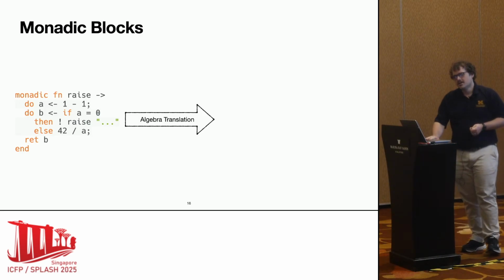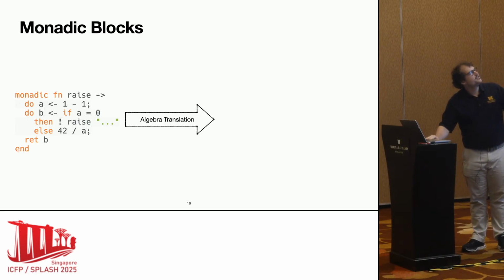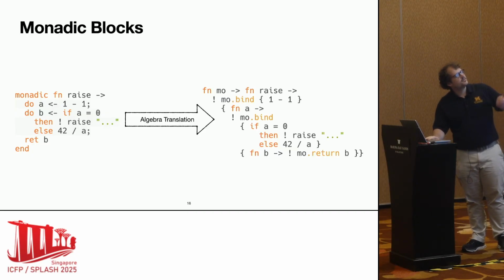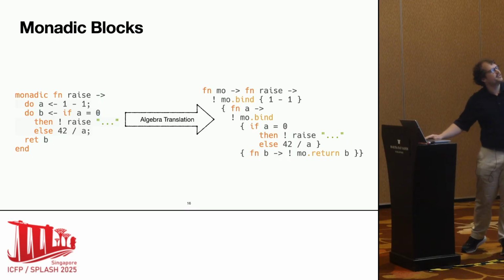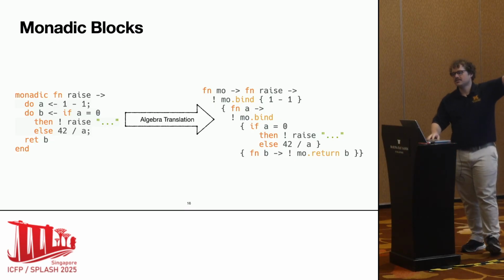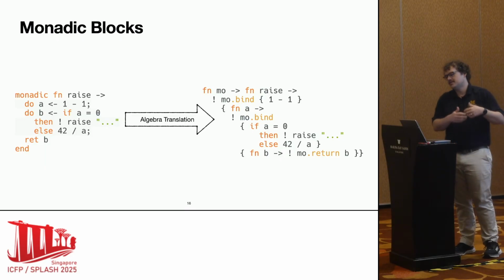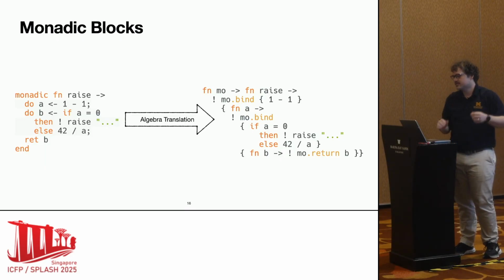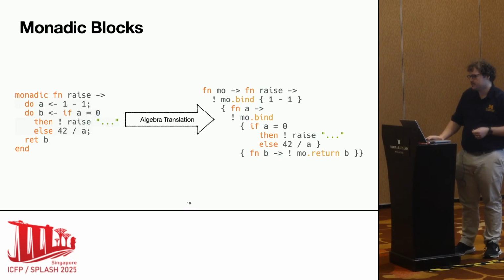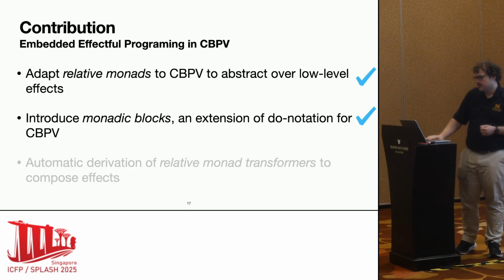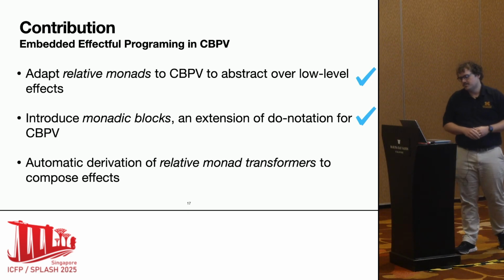Okay, and so it's a fairly straightforward generalization of do notation, but we have to do some type-directed stuff. But other than that, it looks very much like the kind of do notation you see. You map from the do's to binds of your monad. But you also need to do something for all the things that are not just returning values. Okay, and we call it the algebra translation. Okay, and then as a last example, what do we do with these monadic blocks?